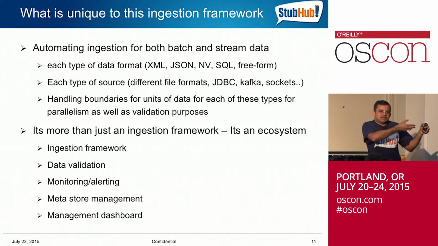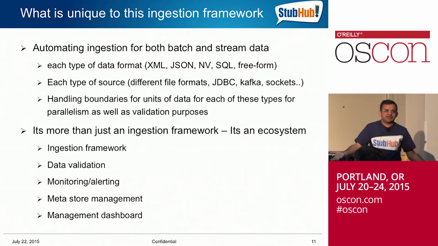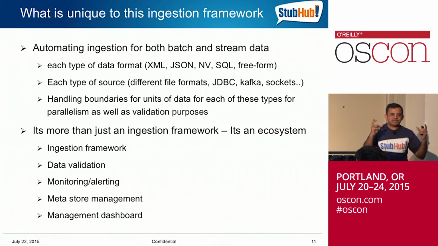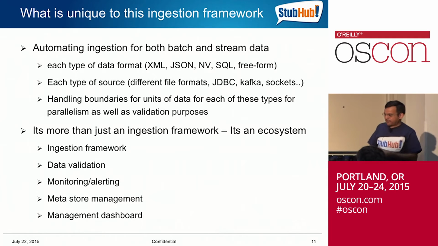So you can't just have parallelism to say, well, I'm reading it, I'm going to read the first few bytes, one thread is writing to HDFS, the next thread is reading the next few bytes and writing to HDFS, and guess what? This could be garbled up. The data in the system ultimately is garbled up. Ability to understand, based on the type of the data format that you have, and recognize the boundaries for each type of data and process them in the same order and automate it. That's one of the key things in the framework.